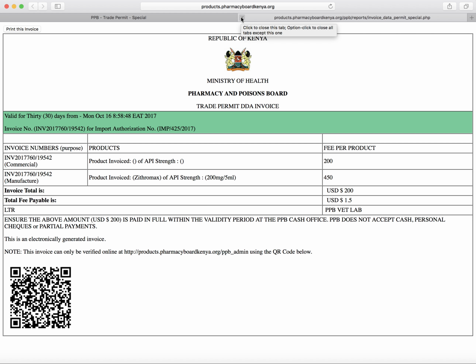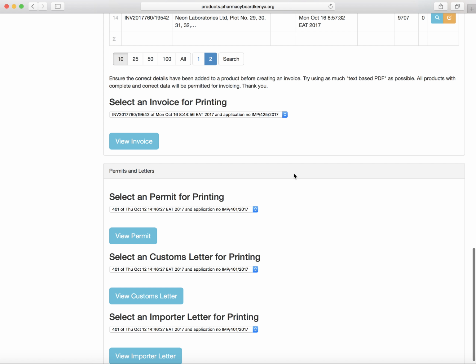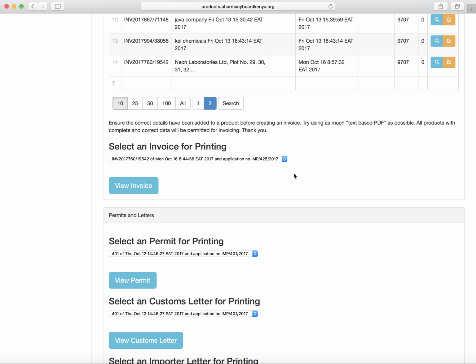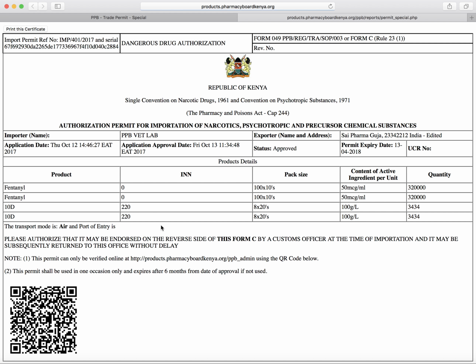Once I've done that, what do I do next? I've printed my invoice. After that, it goes through a process of evaluation. Once it has been approved, it comes down here. At the point you have printed the invoice, you can select a permit for printing. Now, if I view the permit here, the permit comes here, and I can also print this permit for